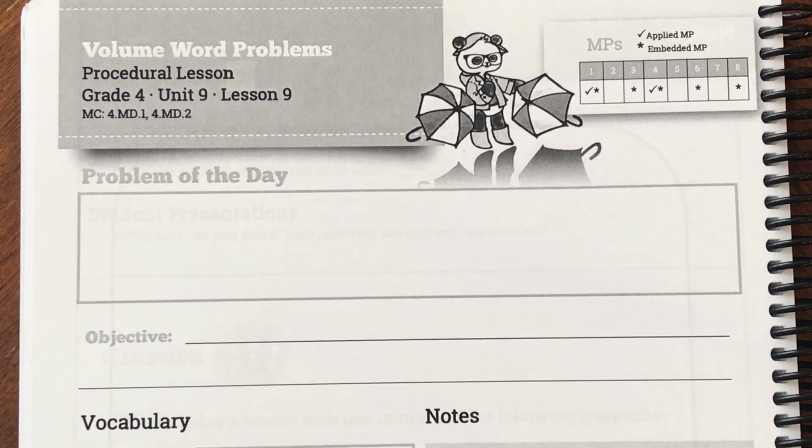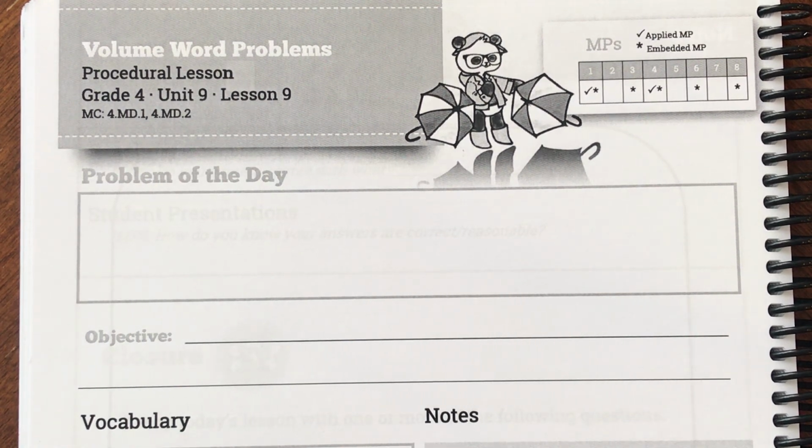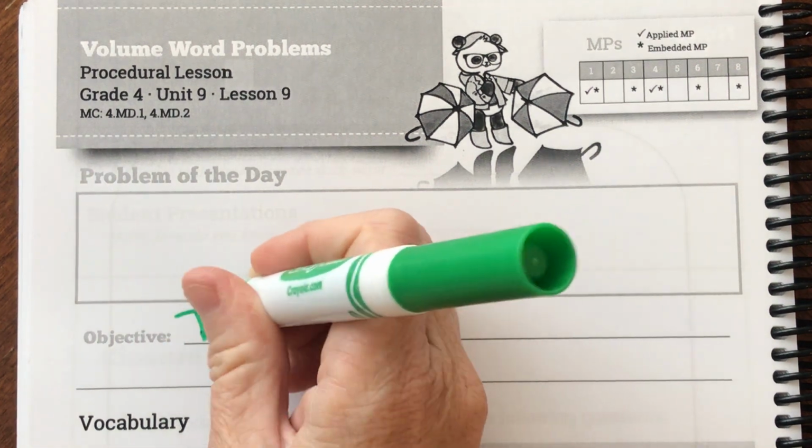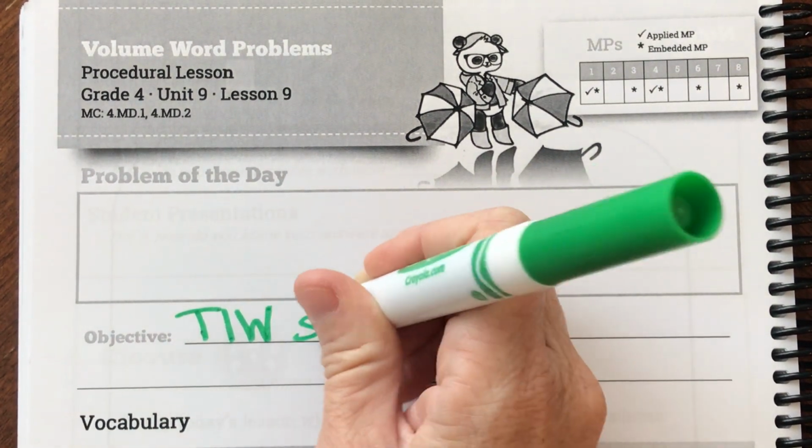Good morning, fourth graders. Today we're on page 131 of your student journal, and we are going to be continuing with volume. Okay, so the only difference we're going to see today is we're going to be working with word problems today. So our goal or our objective is today I will solve